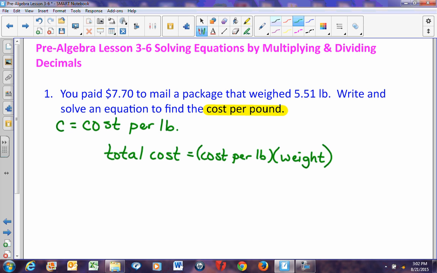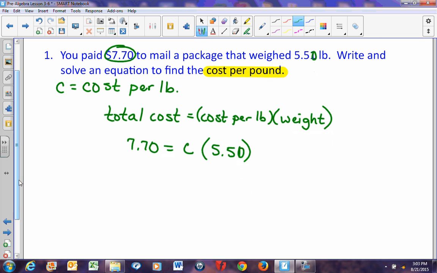My total cost was $7.70. That's going to be equal to my cost per pound, which is C, times the weight of my object, which is 5.5 pounds. So here's my equation, 7.7 equals C times 5.5. So, to solve this, I'm going to divide by 5.5. So C will equal